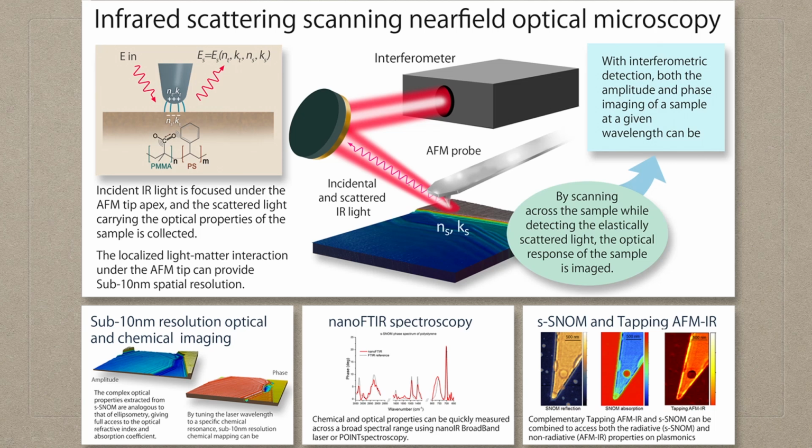Now, if you look at this whole picture, here you have the incident beam which is falling, and what you see is the scattered light. The incident infrared light is focused under the AFM tip apex, and the scattered light carrying the optical properties of the sample is collected. And here is the compound, just for the understanding's sake. The localized light and matter interaction under the AFM tip can provide